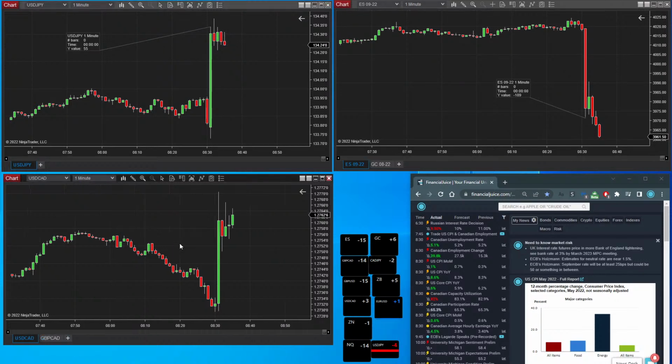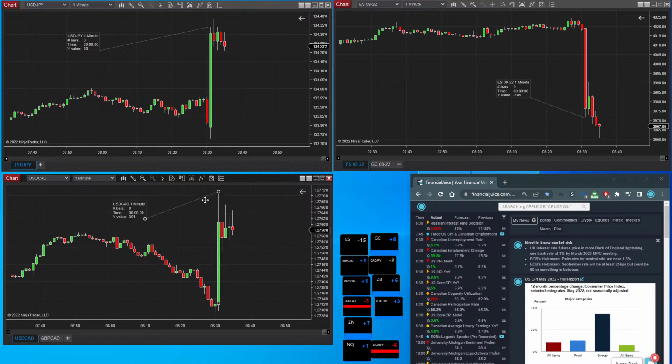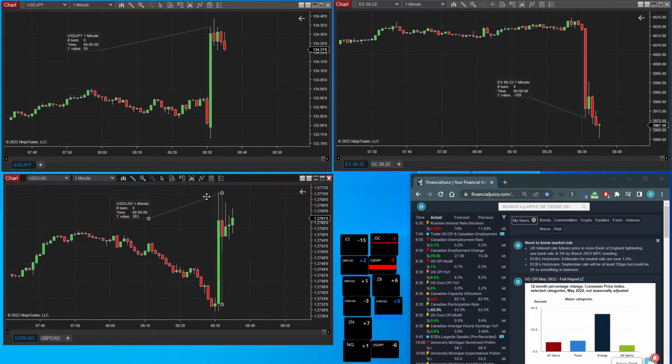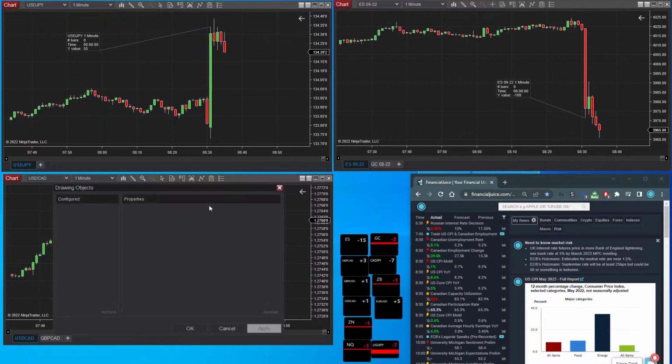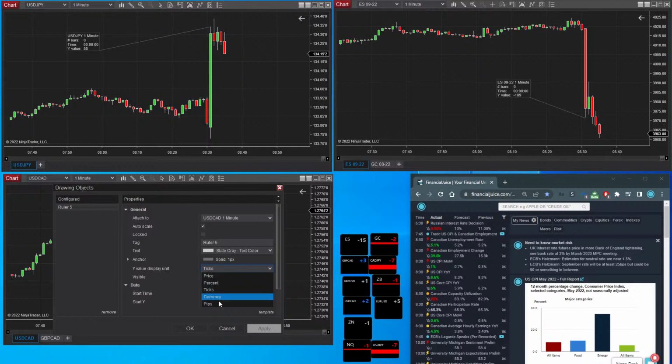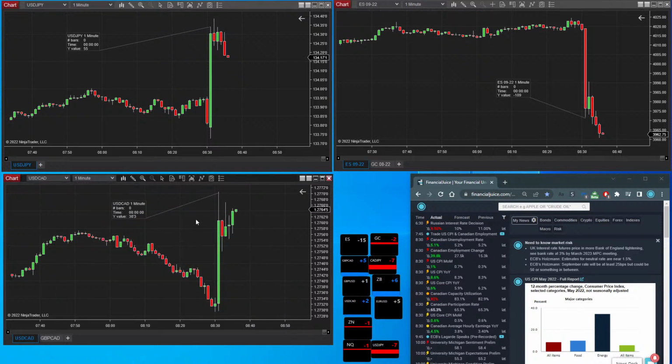Dollar CAD. Let's have a look at that there. So what I'd like to do is go from the bottom of the candle to the wick. Right, so that's about 38 pip move towards the upside there. Okay, so about 38 pips there.